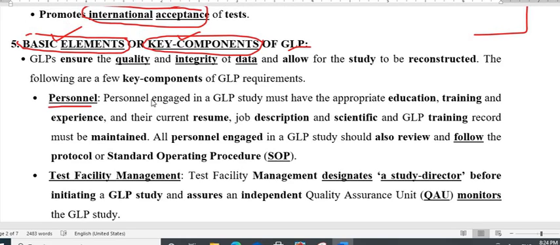The personnel engaged in GLP should be well educated, well trained, well experienced, and have a good resume, and the lab must have details about the personnel working in the lab, their good training, and the records should be maintained in that